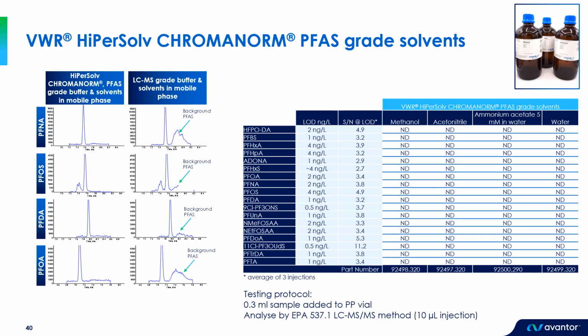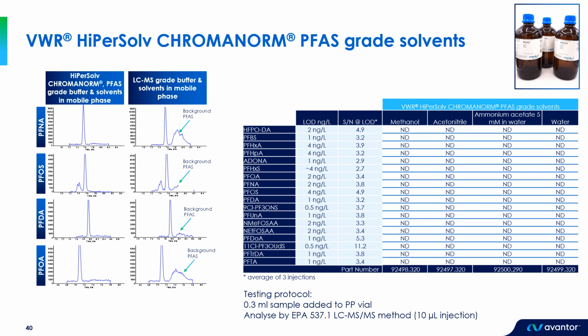In Europe, we've also recently launched a range of PFAS grade solvents with methanol, acetonitrile, water and a 5 millimolar ammonium acetate solution available. The chromatograms on the left show the impact that these solvents can have when we use them as the mobile phases. So you can see that compared to LCMS grade solvents, we tend to get a much lower level of background PFAS building up on our column. And we also, for some PFAS, have less baseline noise,